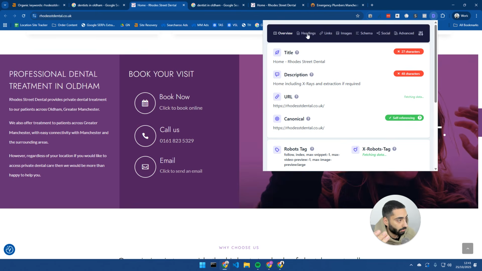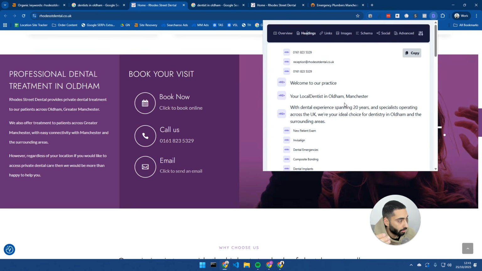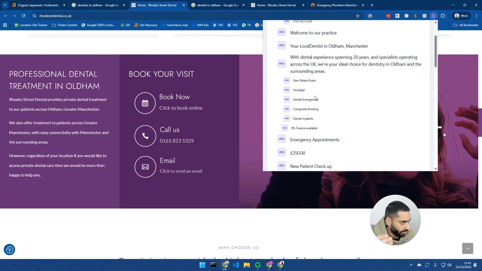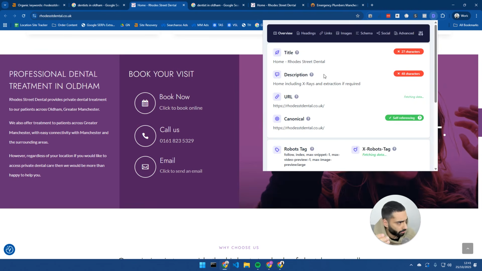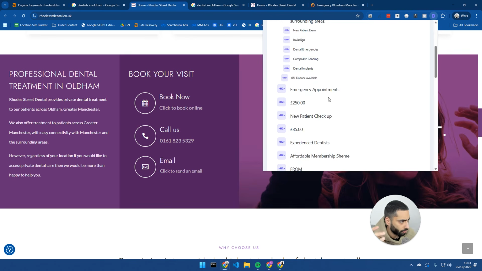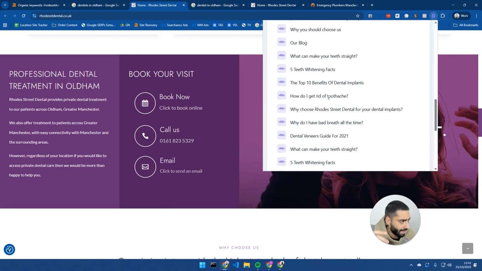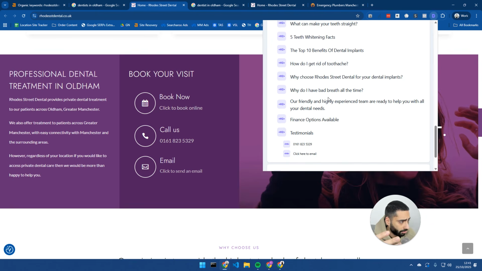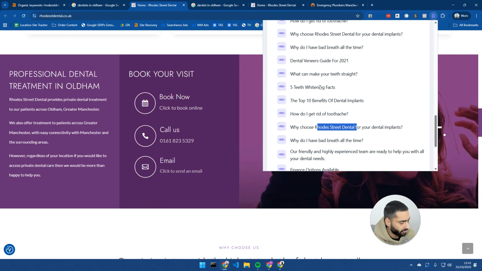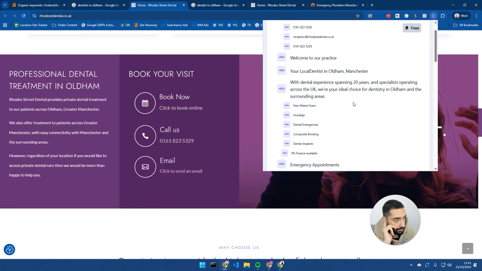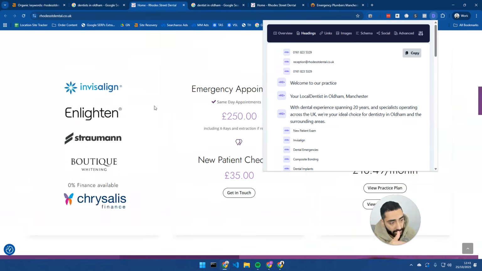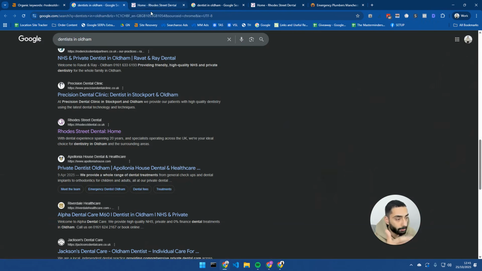A quick way that we can take a look at the subheadings is literally just by loading up this Chrome extension. This is the, what's this called now? Detailed SEO Chrome extension, if anybody wants to use it. But as you can see, they do actually have decent subheading structure. I mean, it's not terrible, but they've got Road Street Dental in the subheading. They've got Oldham, which is the area that they're based in, in the subheadings as well. So it could definitely be better, but it's definitely not as bad. So that's another reason as to why they're ranking so high.